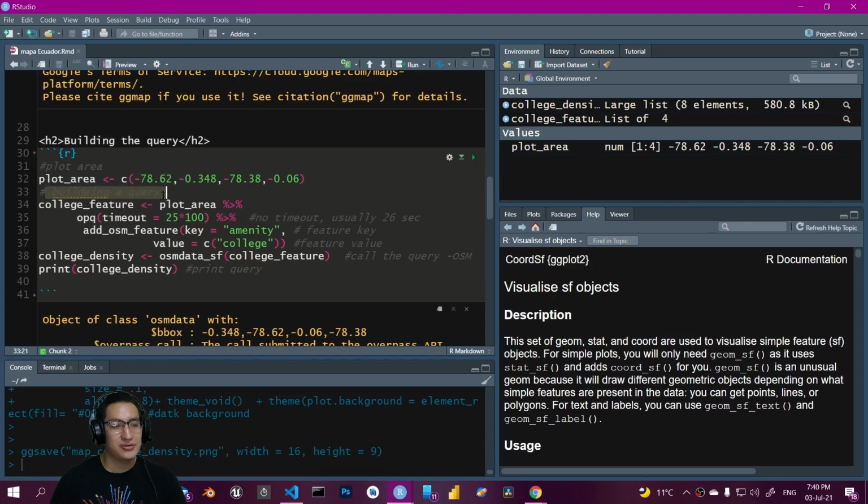So next we are going to build the query. We're going to call the API from OpenStreetMaps, and we're going to call this query college feature. So we're going to build the query. First we call the box that we want to plot. Then we have to put this line of code right here. Yeah, you are seeing this, and this is because